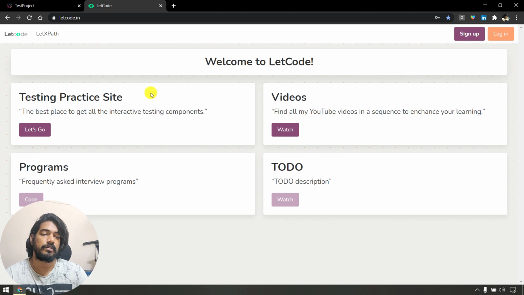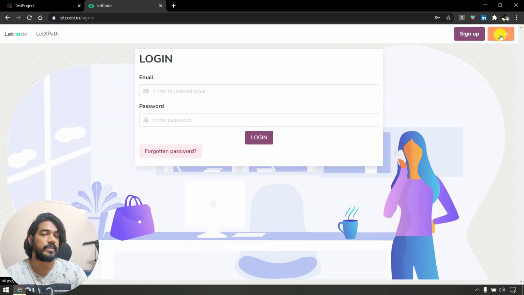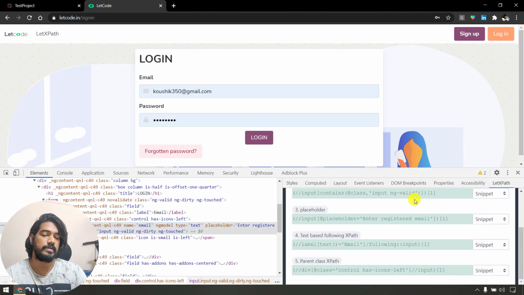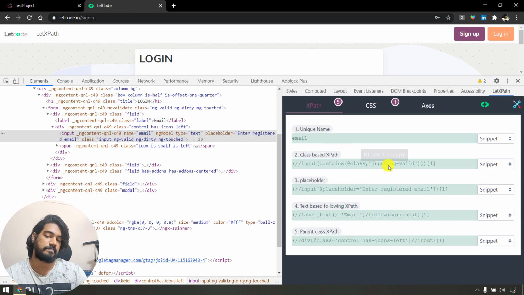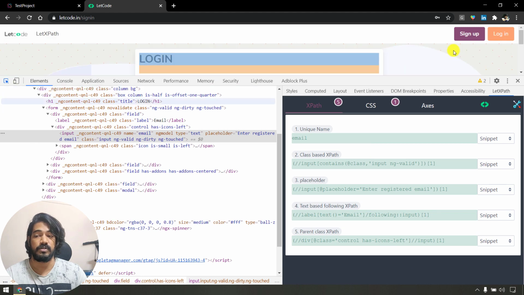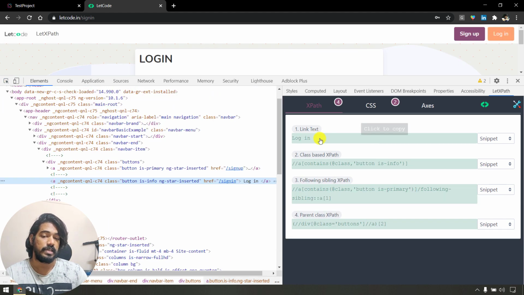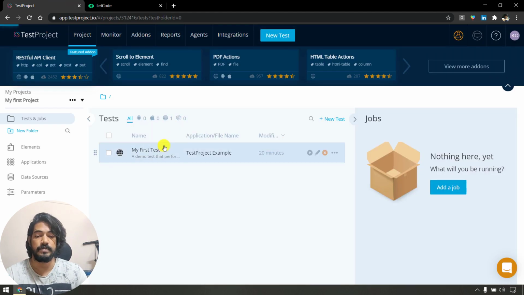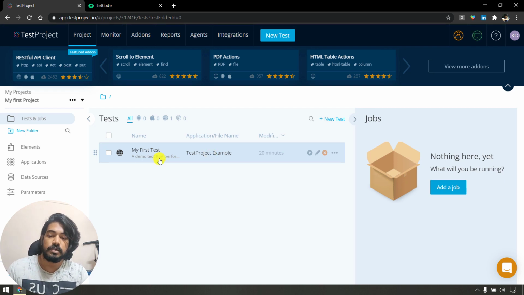Meanwhile, if you want to find the locators, probably you can just check out the LaTeX path extension that is developed by me fully, and that's really cool. You just go to the inspect, and here you can find all the elements. I believe these XPaths are more meaningful than what we got on the test project, at least. They have this link text converted into a dot based text path, and here we have the following sibling as well, which the test project doesn't provide. Okay, that's fine.